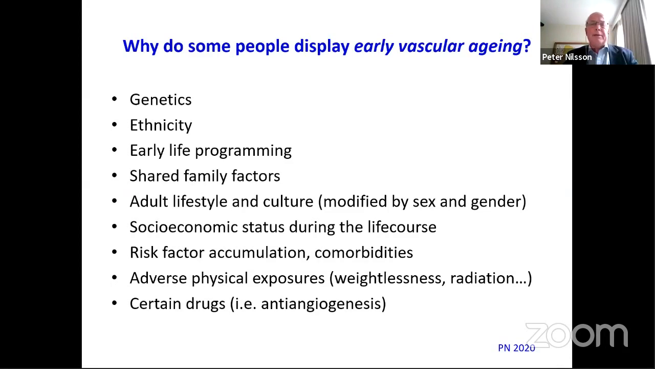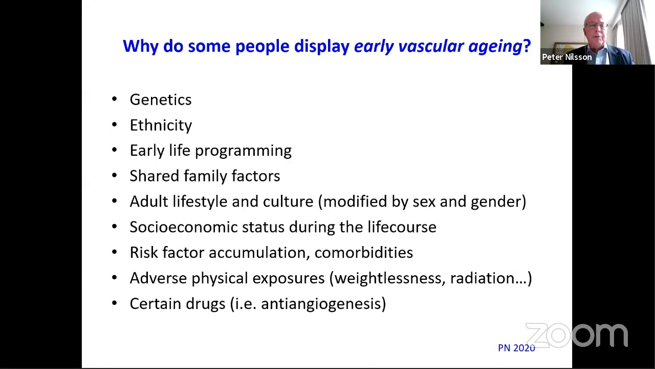So why do some people display early vascular aging? As we can measure it by different methods, especially the carotid femoral pulse wave velocity, the golden standard for aortic arterial stiffness, that is the hallmark of early vascular aging. Of course, there are genetics in the background. There are interesting differences according to ethnicity, early life programming, conditions for the fetus and during the first year of life, shared family factors, adult lifestyle and culture modified by sex and gender, but also socioeconomic status during the life course, very important perspective, risk factor accumulation, many comorbidities, and finally, adverse physical